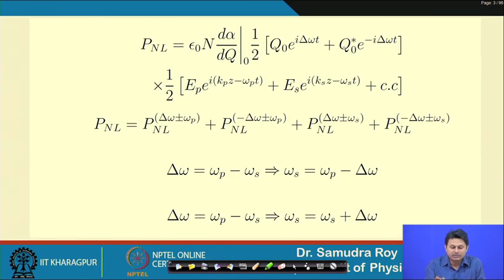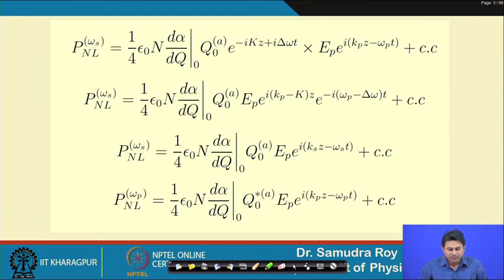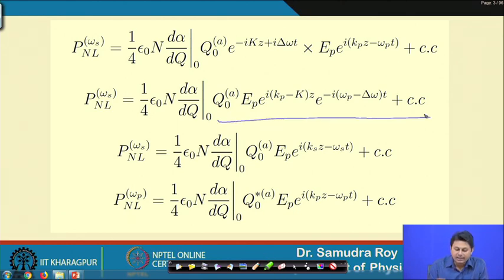So, if you look carefully in this equation, here we have q 0 e to the power i delta omega t, and here E p. So, E p multiplied by q 0, only this term will stand. Here we are doing this, E p multiplied by q 0, and this term is there with the phase term where delta omega and omega p is here. If I combine these two things, we will have our desired nonlinear polarization term, which is this one, and here we have a phase term and a frequency term.